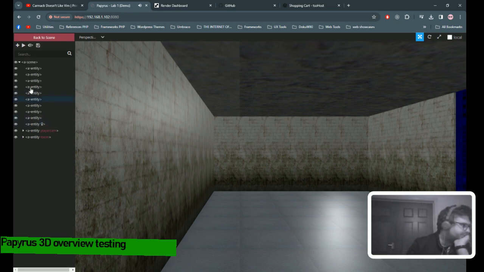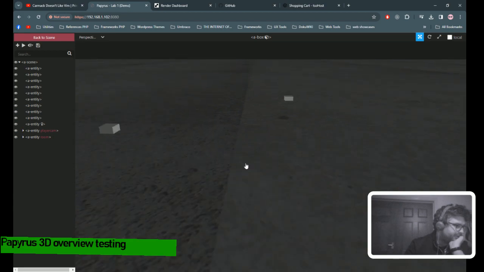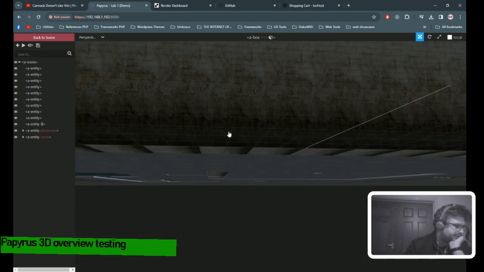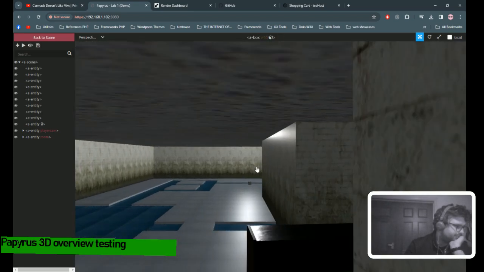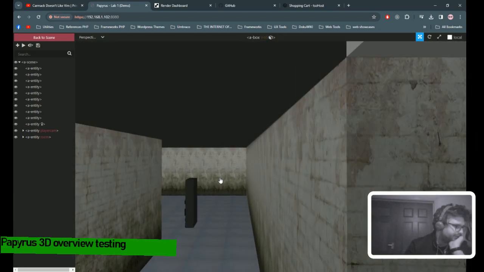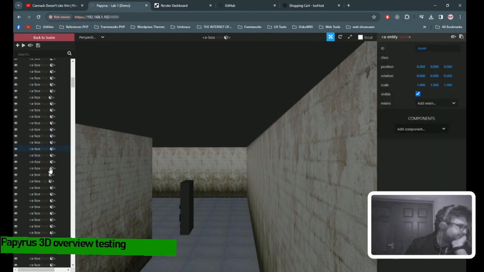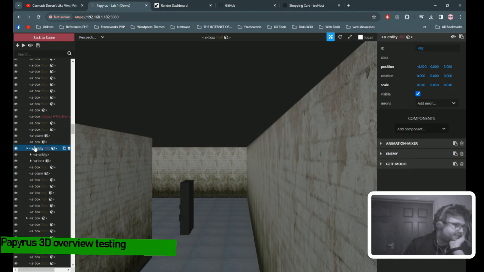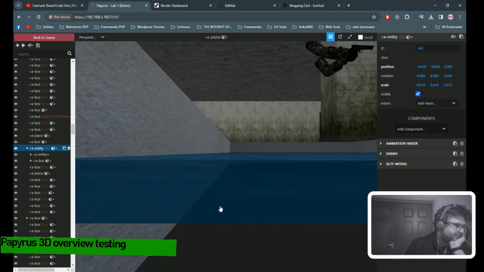I go here. This is in the inspector mode, so that gives you a bit of ability just to look around and see the entire thing. It's good for debugging, really. I don't think I added all the geometry, such as here. So there is an entity here, so that is being added somewhere. Possibly, I'm not sure. It could be the player, I don't know.